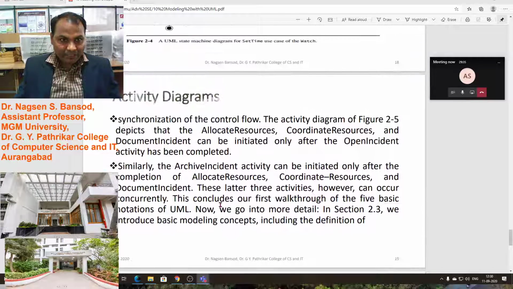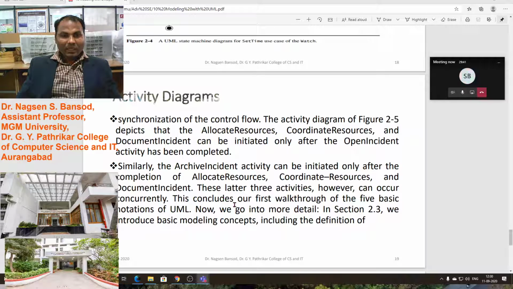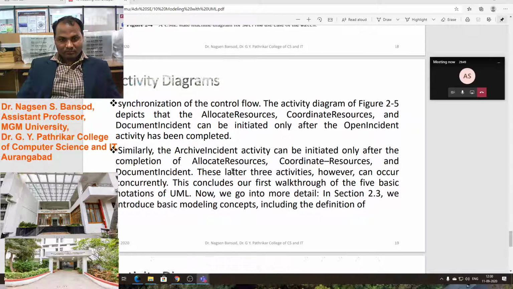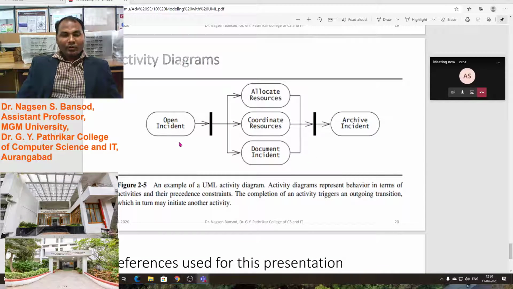What we can show in an activity diagram: allocate the resources, coordinate the resources, and document incident. First, we will open incident. What do we have to start?